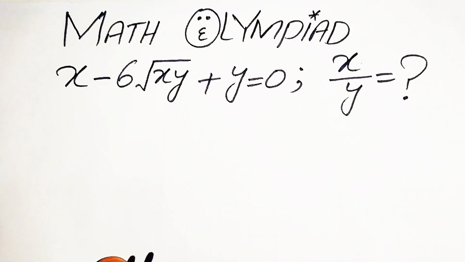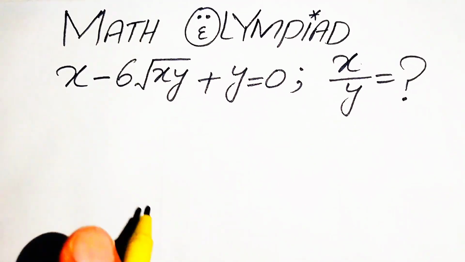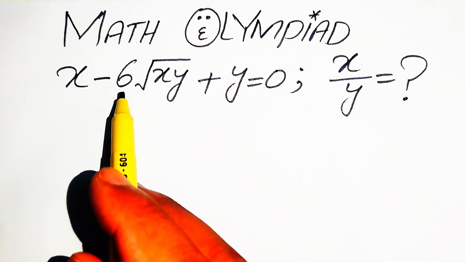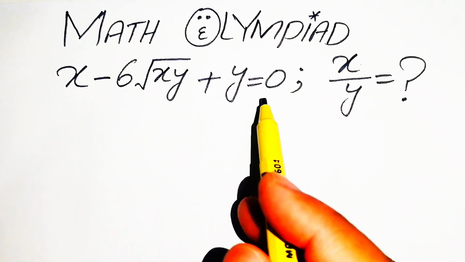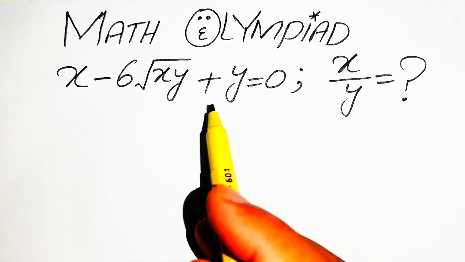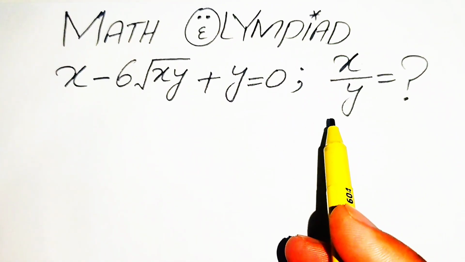Hello everyone, welcome to solve this math Olympiad algebra problem. Here we have x minus 6 times the square root of xy plus y equals 0, and we solve this problem for the value of x over